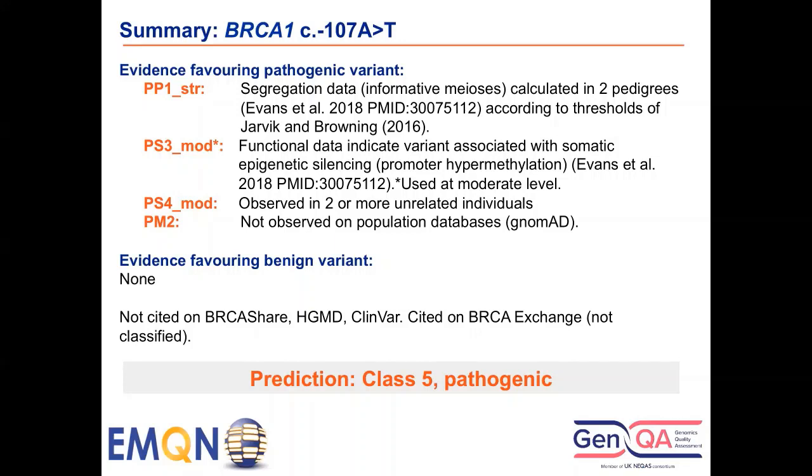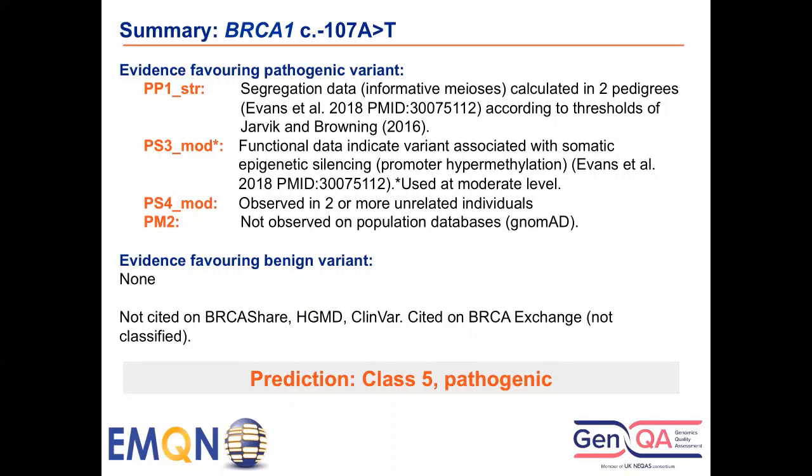So while these functional variants don't fit neatly into the ClinGen SVI guidelines for functional variants by Brnich et al., we felt that there was sufficient evidence to use this, and we'll use PS3 at a moderate